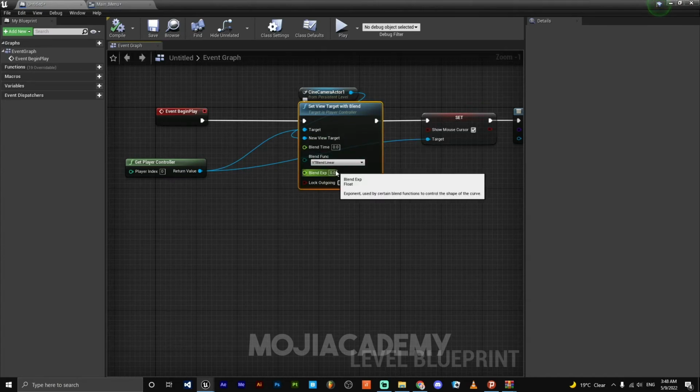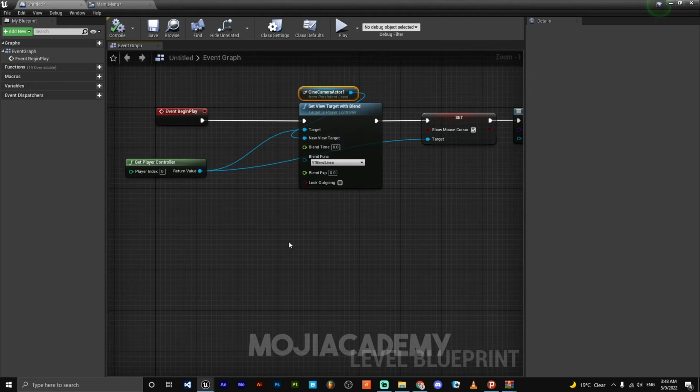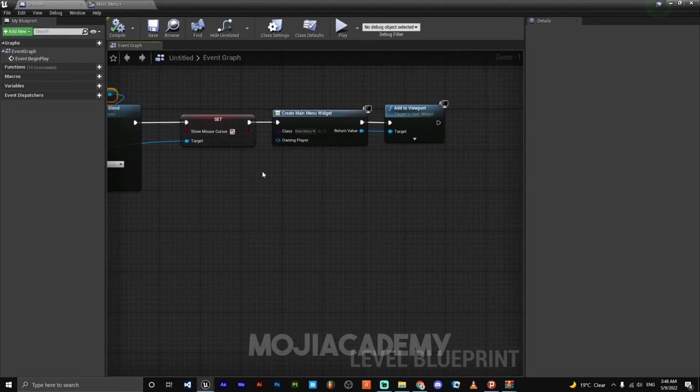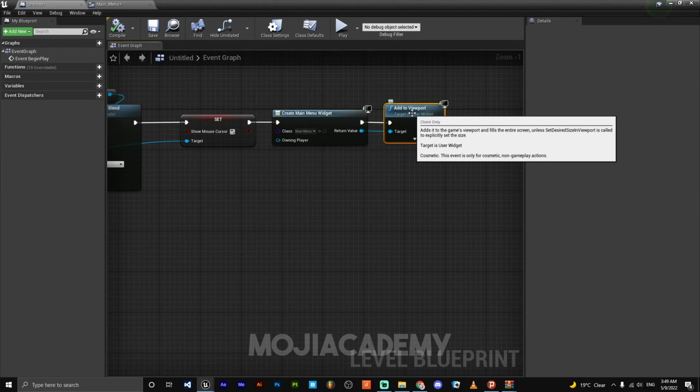This will set our target to our camera. Now we can't move around, we can't do anything because we see it through this cinematic camera actor. And after that, we're telling the engine to show our mouse cursor, and after that we're going to create our widget and add it to our viewport,